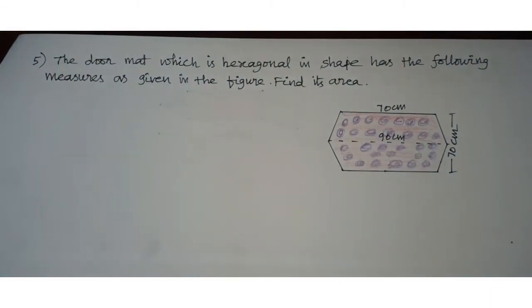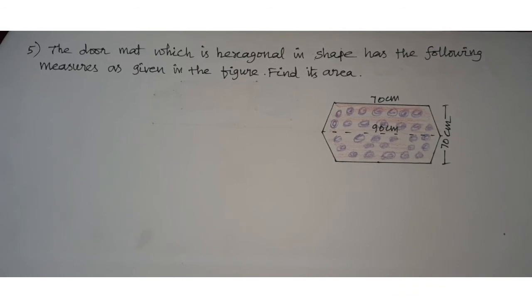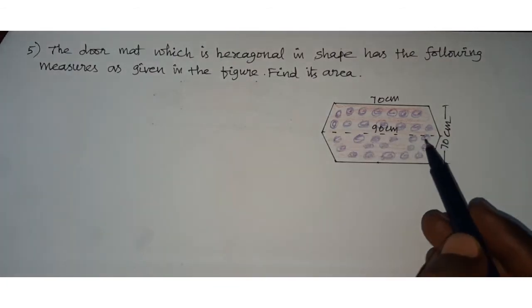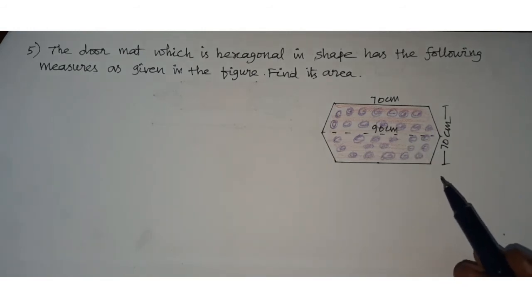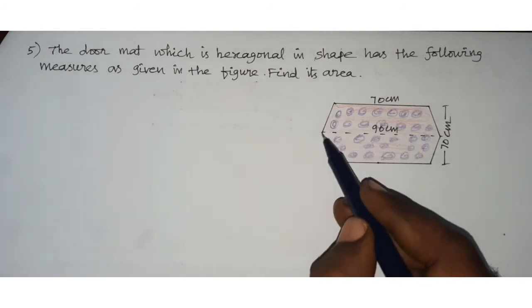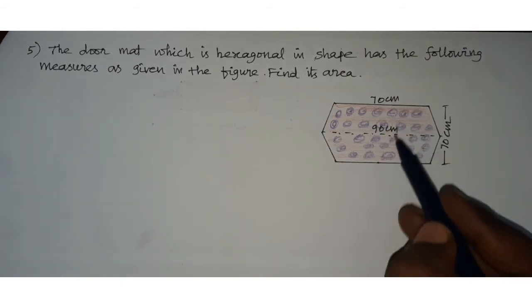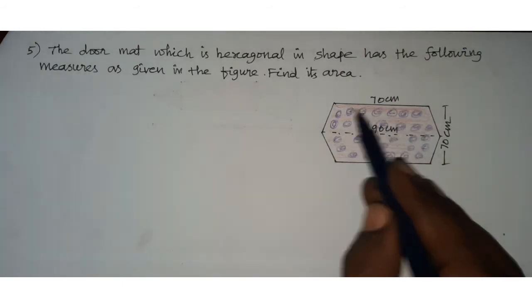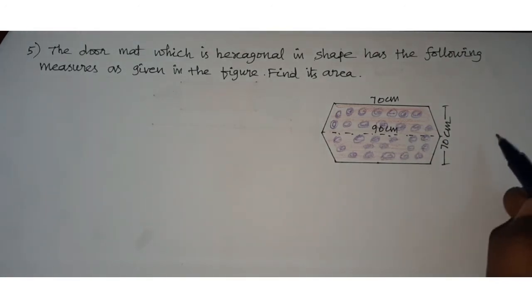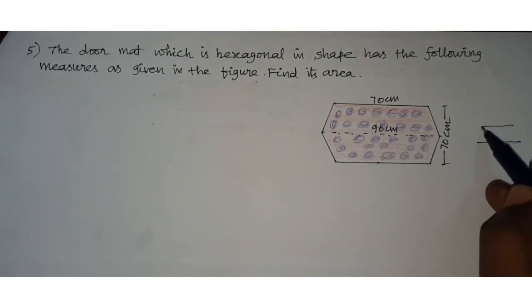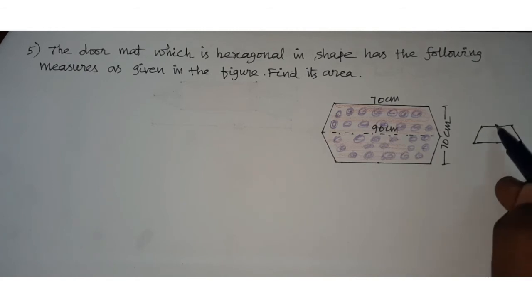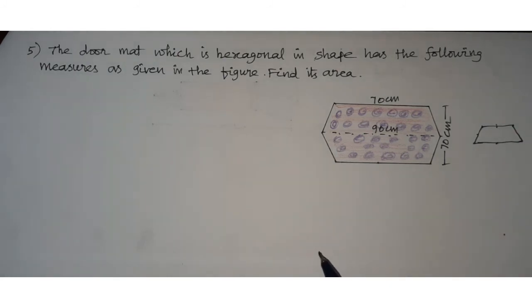Now question number 5. So here look at the diagram. So here combination of two trapeziums is given. So question number 3 was a combination of parallelograms. This question is a combination of two trapeziums. So trapezium, I hope you remember, one pair of opposite sides are parallel and the remaining are non-parallel. This is the general definition. One pair of opposite sides parallel and the remaining pair is not parallel. This is called trapezium. Okay.